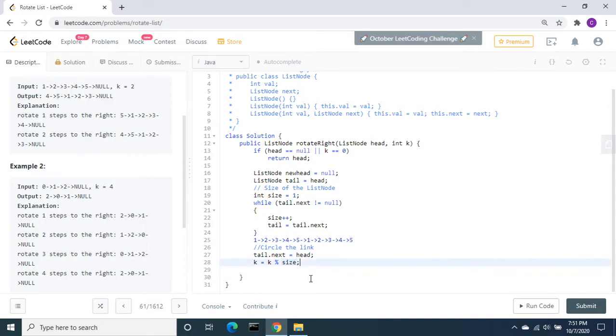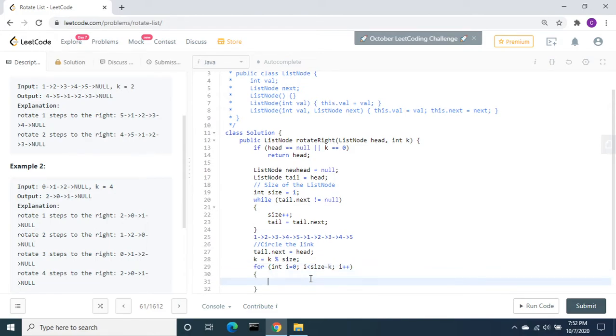So we have to loop through this. For that I'm going to use a for loop, int i equal to 0, i less than size minus k, and i plus plus. From here I'm going to rotate: tail equal to tail.next.